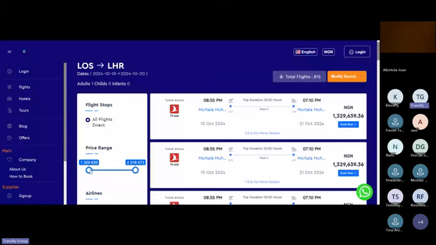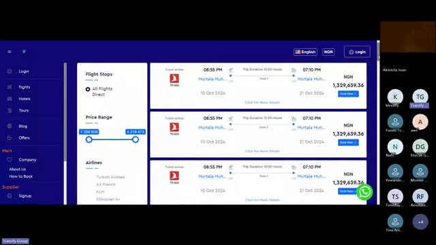Now let me explain this. Let's assume you are looking for something flexible. You can adjust the price range, and you will see the available airlines adjusting accordingly. Now, those flights here, we don't make them the best. Prior to this time, we have